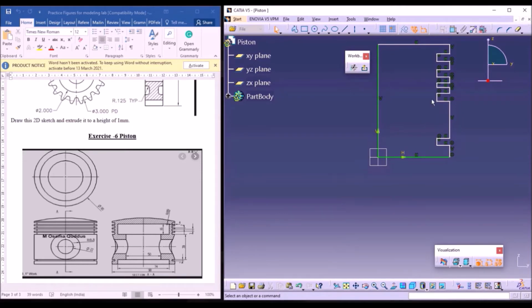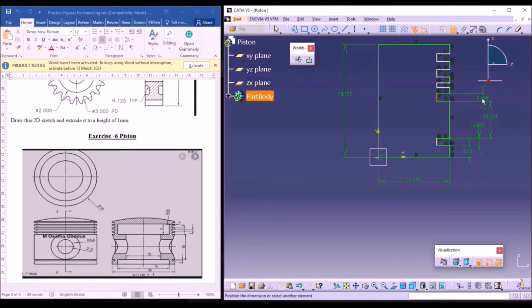Now I'm going to give the dimensions for that. Use the constraint dimension option to give the dimensions: this length, and this bottom length. Next this length and this length. Next this.